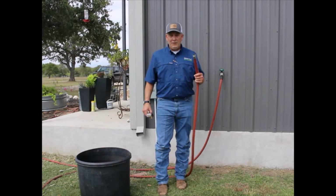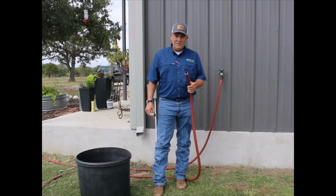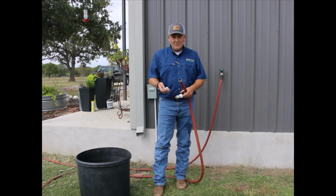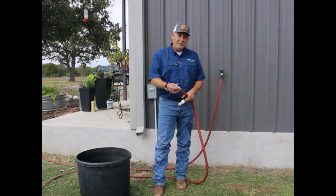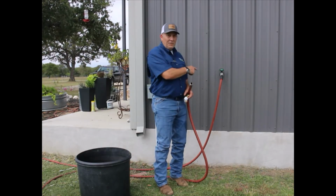Also, the freeze miser can be used on the end of your water hoses up to 150 feet. Simply take the freeze miser and screw it on the end of your hose, then turn your water on. But in order to use it, you'd have to go back and forth to your faucet to turn it on